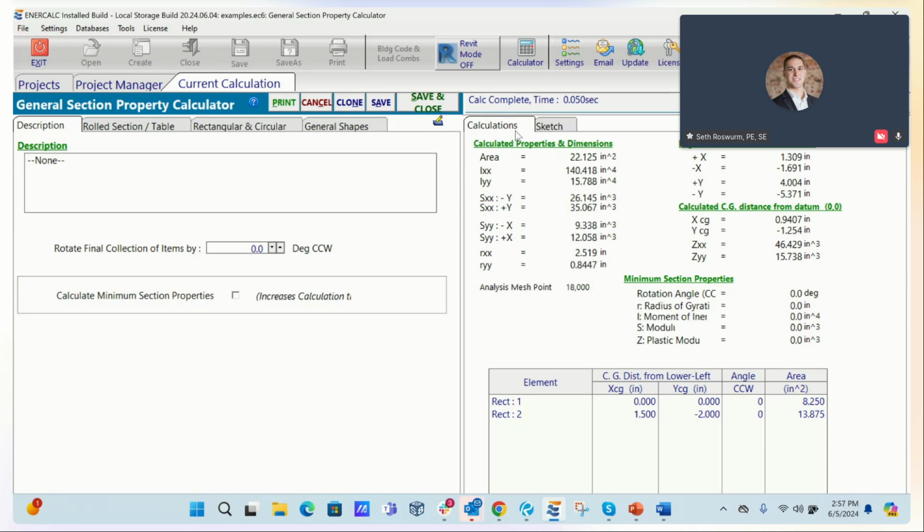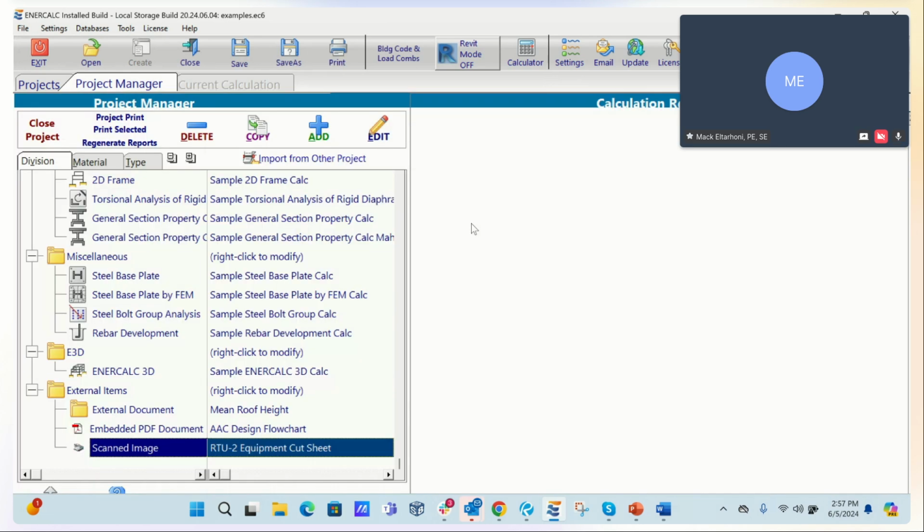That's exactly what I was leading to, is that here in this calculations page, you can see all of the properties and dimensions. You'll get all the information you need for this composite section or built-up section, and then finally you can use that information to do hand calcs, or whatever you want to do, or use the general beam calculator. You can do a variety of things that would be quite useful.